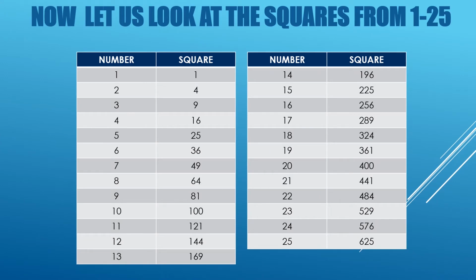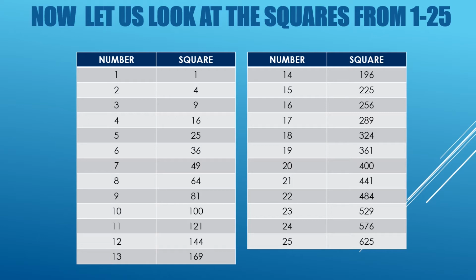1 square is 1, 2 square is 4, 3 square is 9, 4 square is 16, 5 square is 25, 6 square is 36, 7 square is 49, 8 square is 64, 9 square is 81, 10 square is 100,